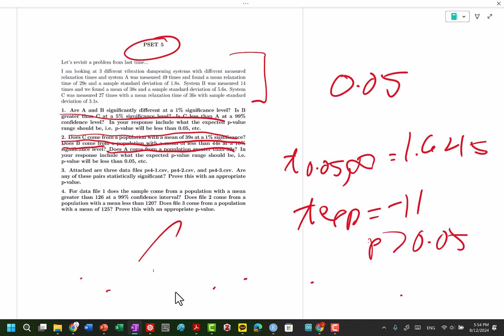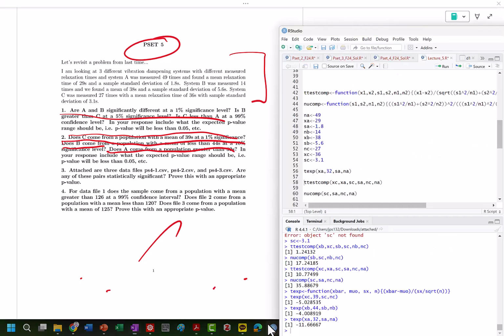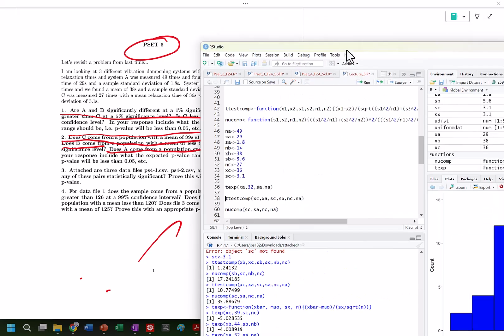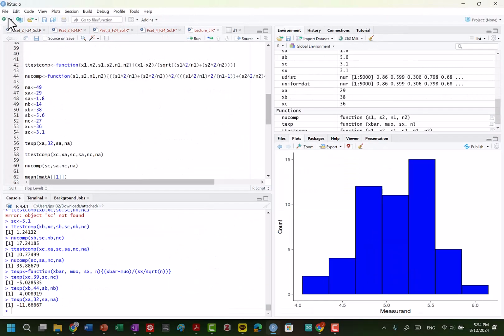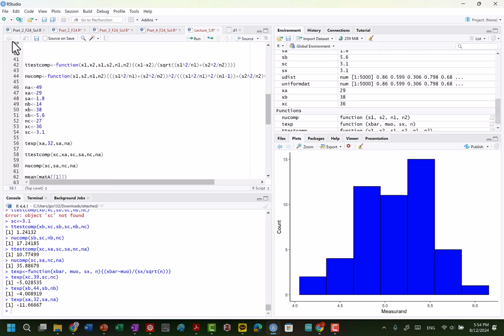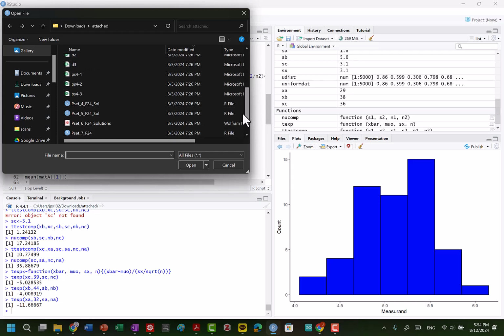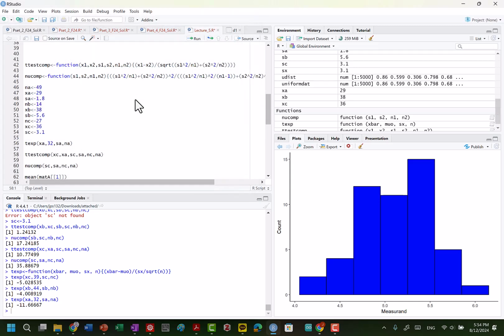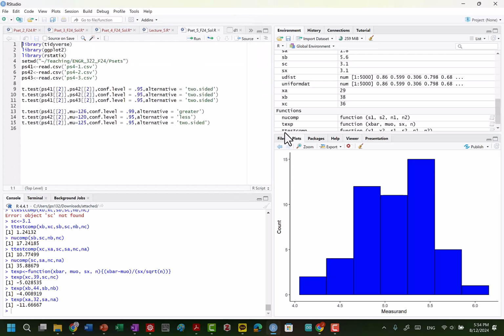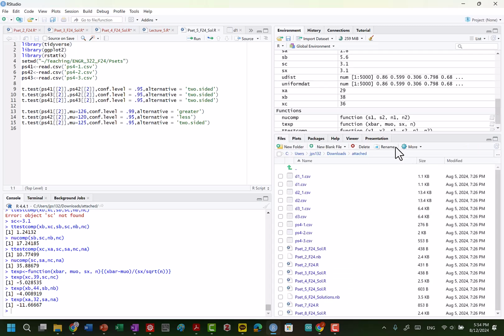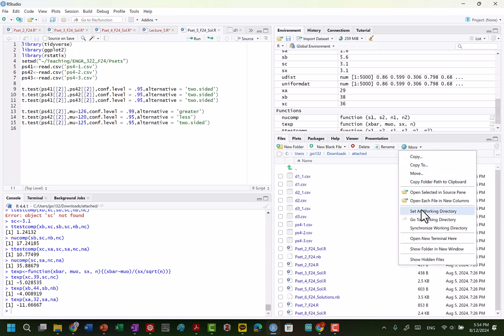Fantastic. Now we have some data files. So 3 data files. Are any of these pairs statistically significant? Let's go ahead and pull up our R and work with our data files. We're going to open up our p-set 5. We're going to be working with the data files from last time, but we're going to set our working directory.